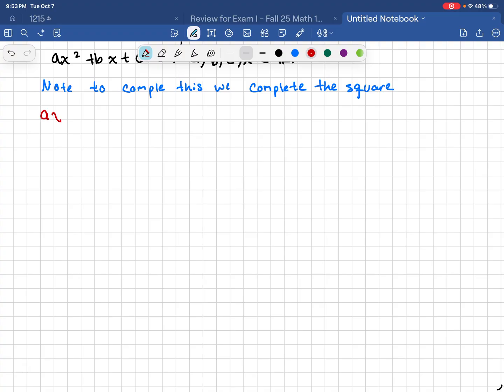So I have ax squared plus bx plus c is equal to 0. The first thing when completing the square, we must ensure that a here is equal to 1. At this point, we're not sure. However, if we divide or factor it out, it will be. So what I'm going to do is multiply my whole equation ax squared plus bx plus c is equal to 0